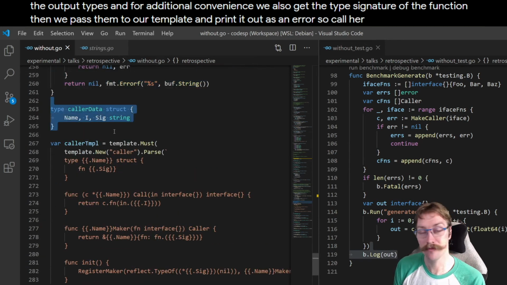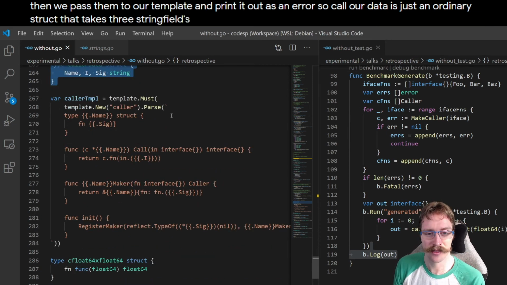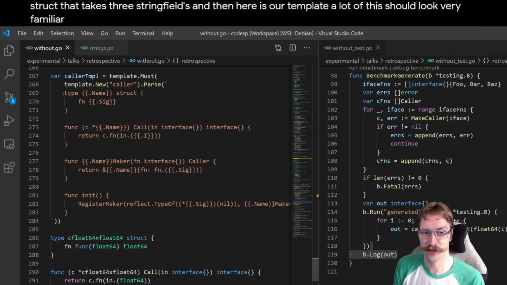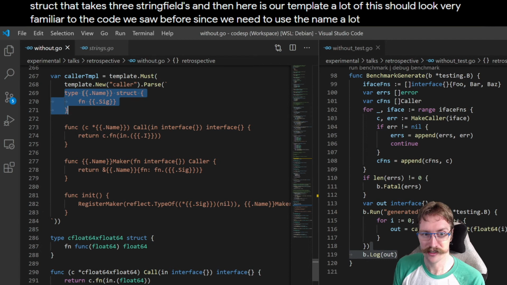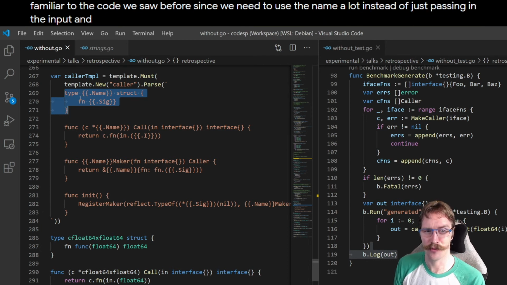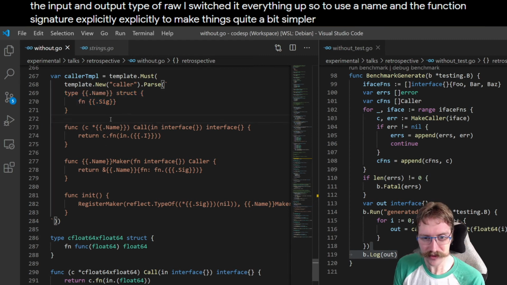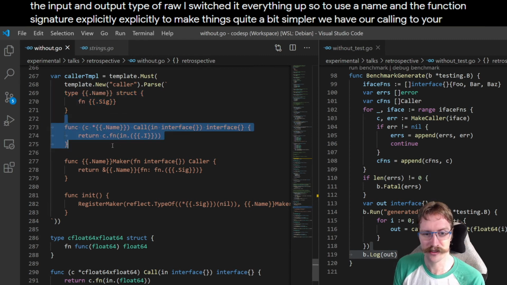So caller data is just an ordinary struct that takes 3 string fields. And then here is our template. A lot of this should look very familiar to the code we saw before. Since we needed to use the name a lot, instead of just passing in the input and output type raw, I switched everything up to use a name and the function signature explicitly to make things quite a bit simpler. We have our call interface so that